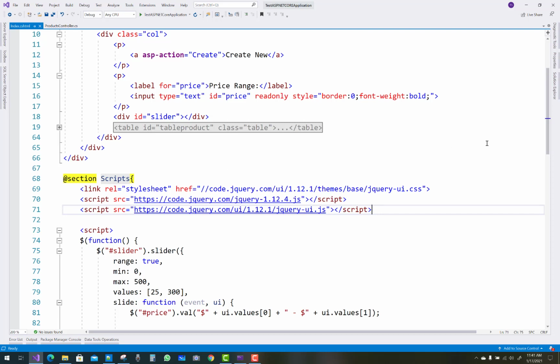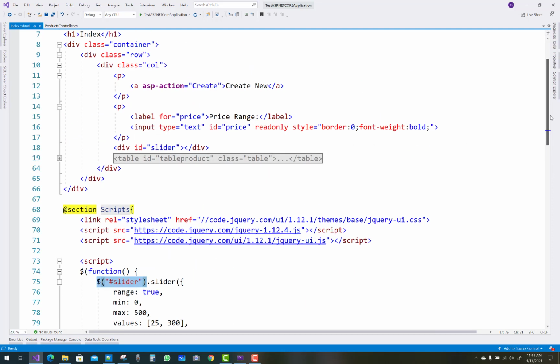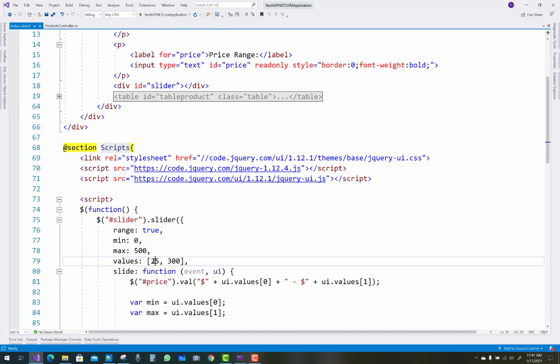After that, you pick the slider ID property. The slider is a div whose ID is slider. Call slider with range set to true, minimum value 0, maximum value 500, and values between 25 and 300, the minimum and maximum values where the slider first loads on your web page.